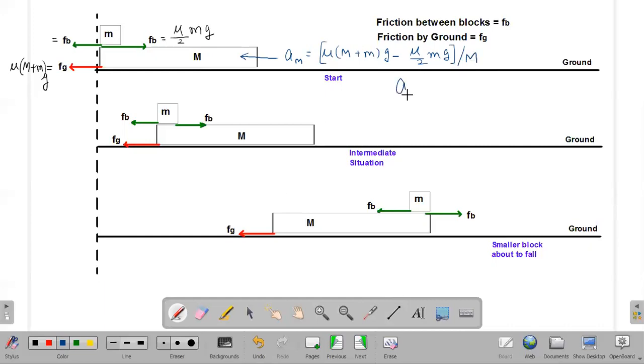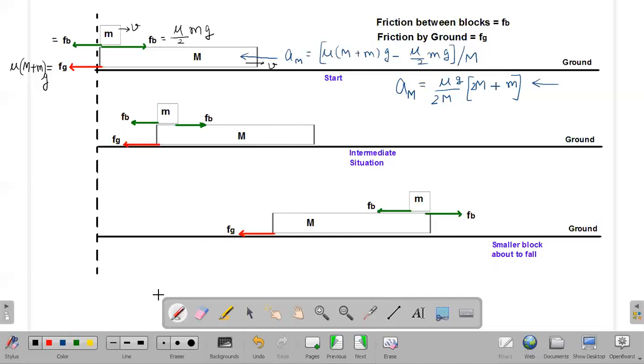If I simplify it, I get the acceleration of capital M. You can simplify this term and take mu outside as a common value, and this whole divided by capital M. Even g can be taken outside. So we are left with 2 times capital M inside the bracket, plus small m, and this whole divided by 2. That is the acceleration. Notice this acceleration is towards the left side, whereas the initial velocity of both the blocks was given as v and v.